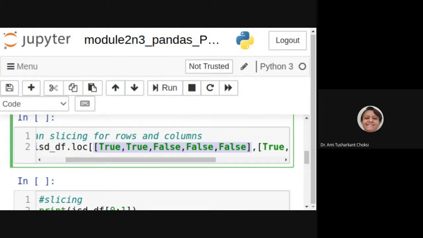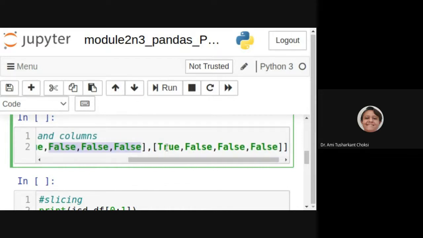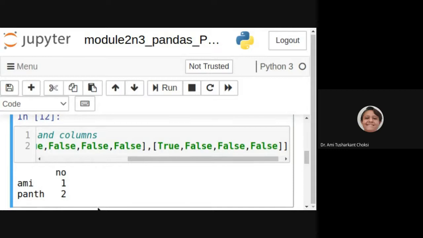Now how are we providing the index? That is the Boolean index. So we are providing it as true, true. That means 0, 1. This is false, false, false. So we should not be able to see these, isn't it? So this we know. Same way for this one. For column we can say only the 0th column will be displayed. Fine. So this is Boolean indexing.